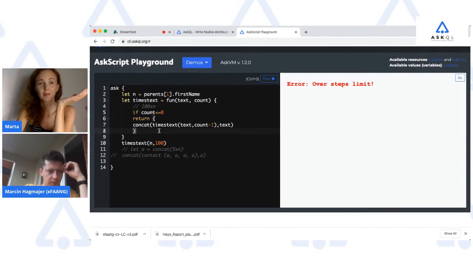Does that look good? Probably not. Well, yeah, it's